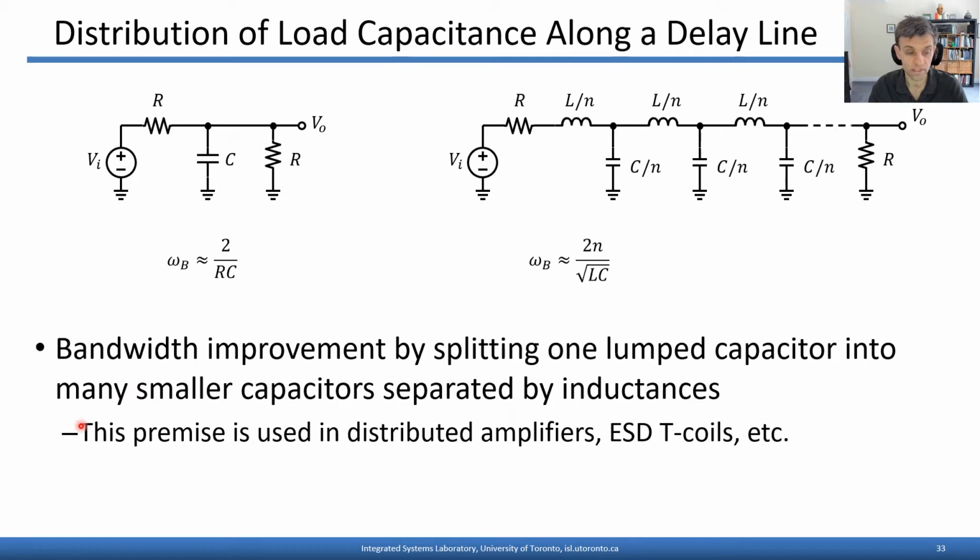This premise is used all the time in circuits like distributed amplifiers, in ESD coils, and elsewhere. It's a principle that's been established for decades and used already with great success. But what's interesting is that once you do this, you're actually forming delayed versions of the input waveform VI at various points along this LC ladder, and that can be taken advantage of to perform other types of analog signal